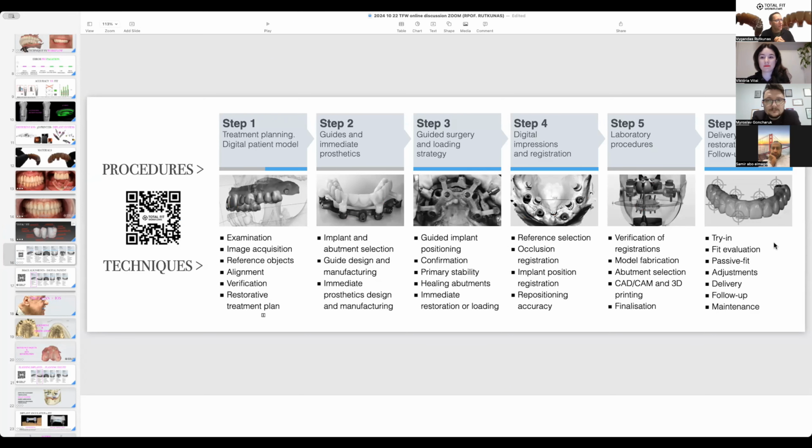If maybe you have heard about this: the planning step, collecting of the information, treatment planning, then we plan guides and immediate prosthesis, then we do the surgical step, digital registrations, and then we have lab procedures and finalization of the case. So one of the clinical missions also is to deliver the prosthesis in one shot without try-ins.